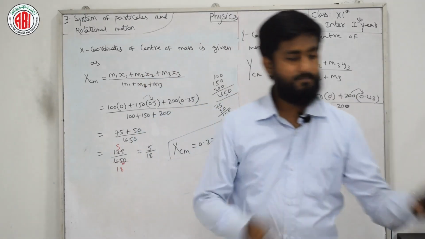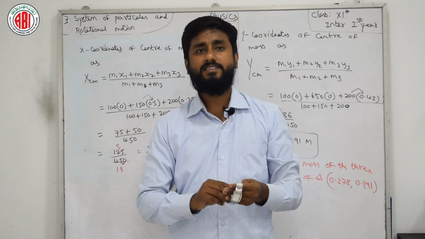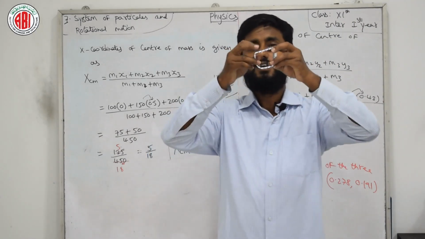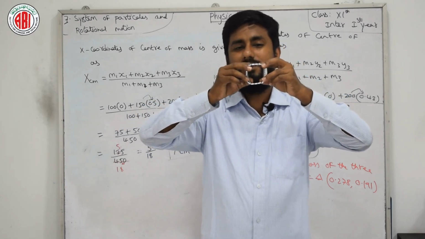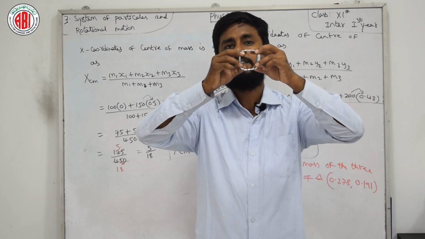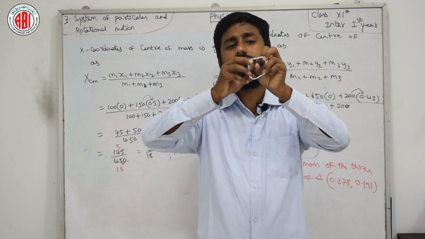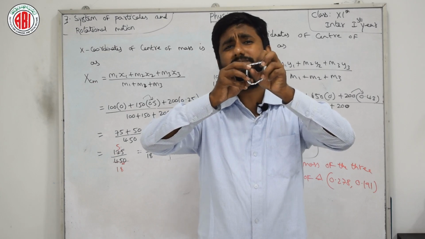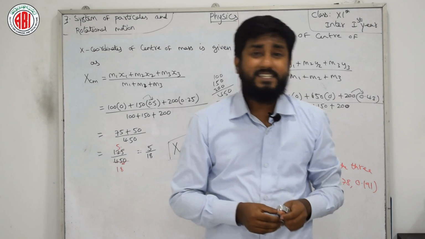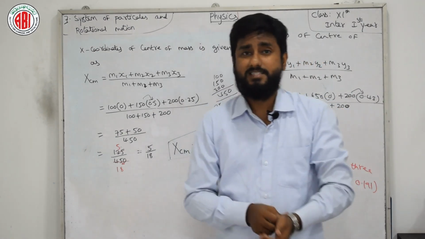But in the same case, if I remove my watch and consider it as circular, though it is not a perfect circle, so let it be. For example, where is the center of mass? Is it at the mass or outside the mass? The center of mass is nothing but here, the center, the thumb I am showing you. At that point no mass of this watch is present, so it is not necessary that the center of mass should lie at the mass itself.